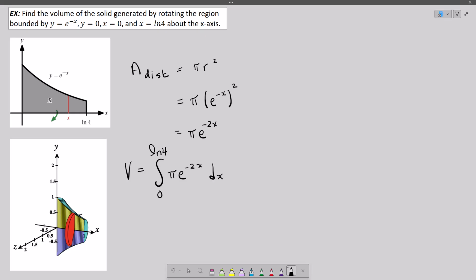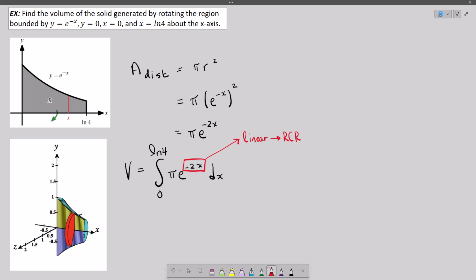And this reviews a little bit of what we talked about on Tuesday. That function right there is linear. We know that the antiderivative for e to the x is e to the x. But this is a modified e to the x, but it's modified in a very simple way. That modification is a linear modification. And so as long as we have a linear exponent, we can use the technique we talked about on Tuesday